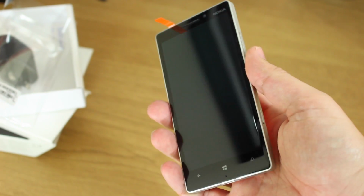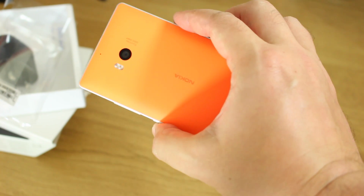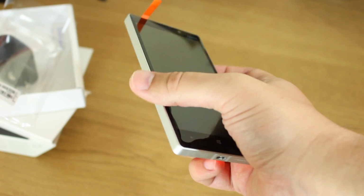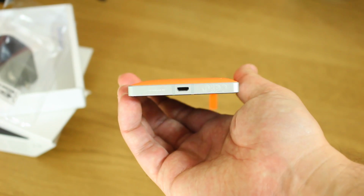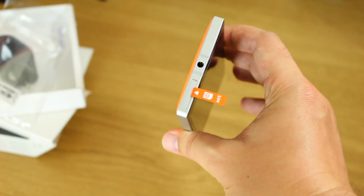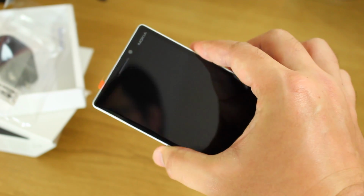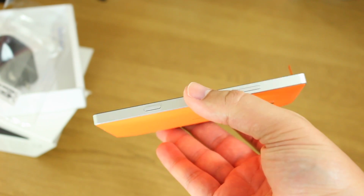Now as you can see from the orange back, it is an incredibly bright orange, which I happen to really like. But it's not a shiny glossy sort of finish, it is a really nice sort of soft touch matte finish, but most of the rest of the phone is actually made of metal. If you look around the edges all the way around the outside, it's quite square, very flat edges, almost completely right angled corners. There's slight rounding on them, but it is a metal frame, which does give it a really